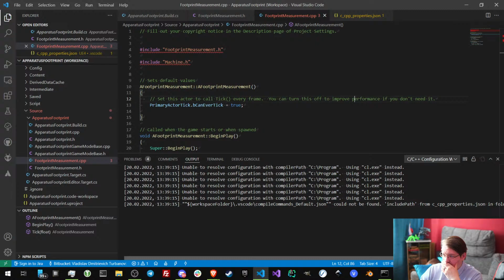So it basically just can't go on and find the compile commands default,